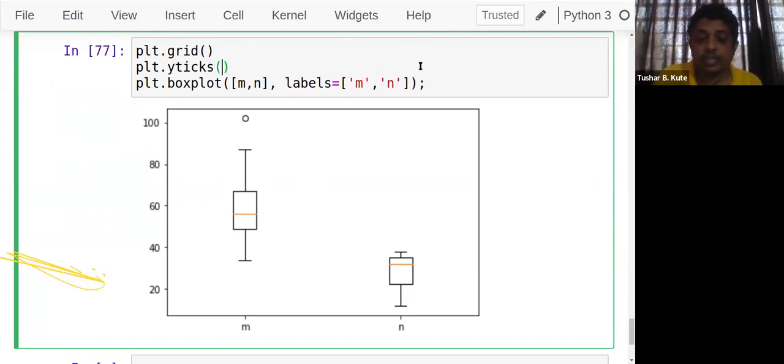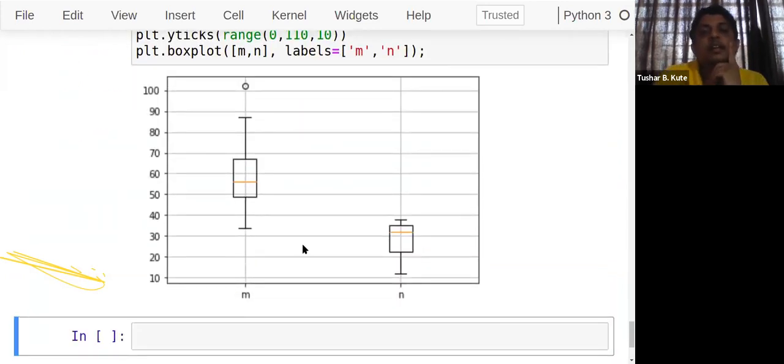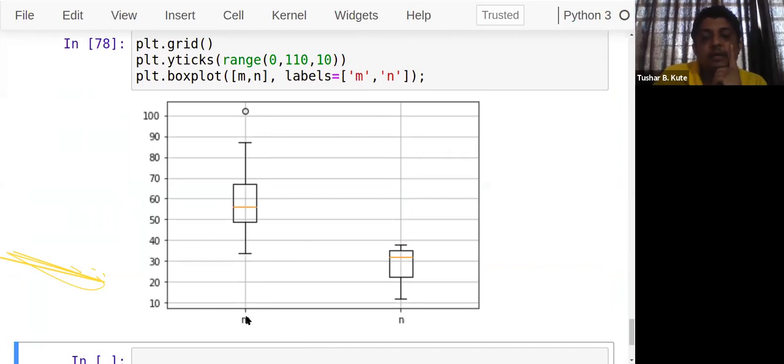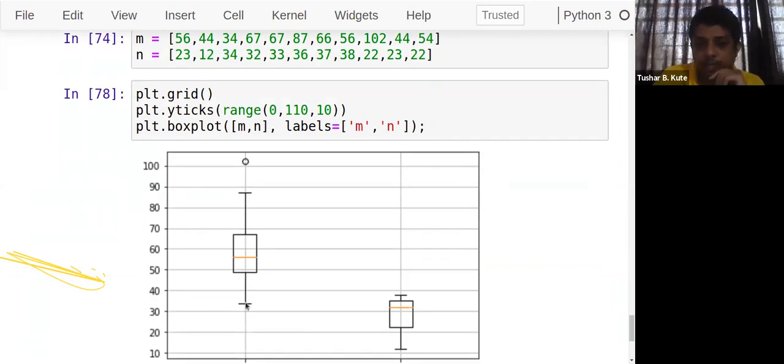Apply the grid and white ticks so you can easily find it. Now see this. M's minimum value is this, maximum is this, and this is an outlier, far away from the rest, I think this value 0.2. Here, outliers. And the maximum values lie within this range. This is the first quartile value, the 25% quartile. This is the 75% quartile, the third quartile. This is the 50% quartile, the median of all elements, which is shown in orange for this distribution.